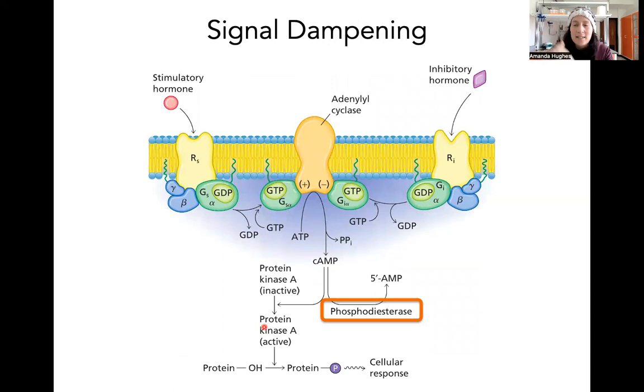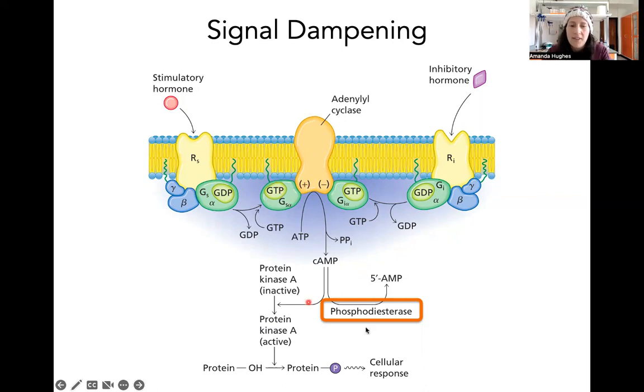Okay, so how do we stop the process? How do we dampen the signal? There were two things that have to happen to dampen this signal, turn it down. Okay, we're done. First thing is eventually this ligand will be removed from the membrane receptor. It'll eventually unbind and then go away, which will create another conformational change to allow the G protein complex to rebind. Remember, there's a GTPase that'll cleave GTP and form GDP, so then that can release from the adenylyl cyclase and